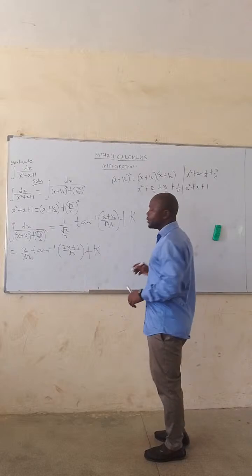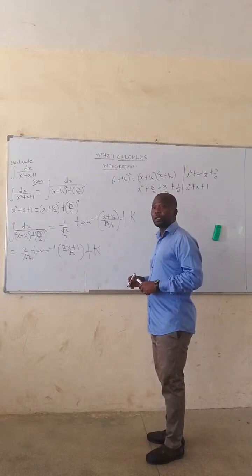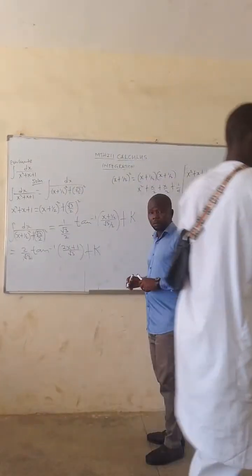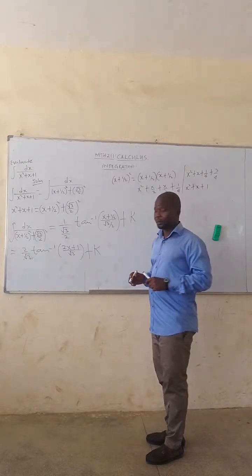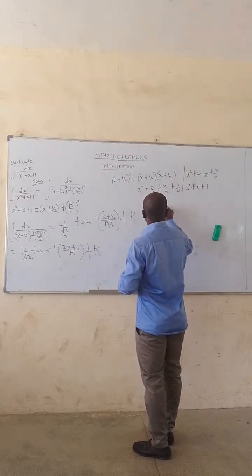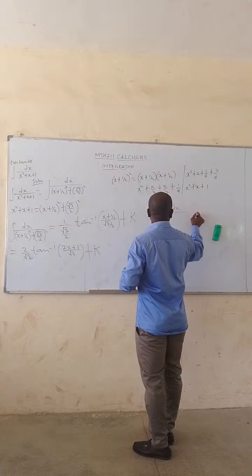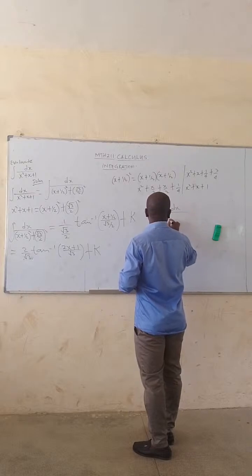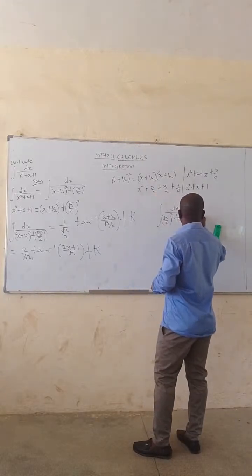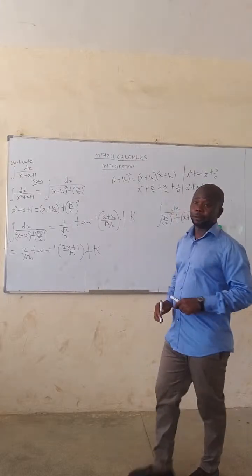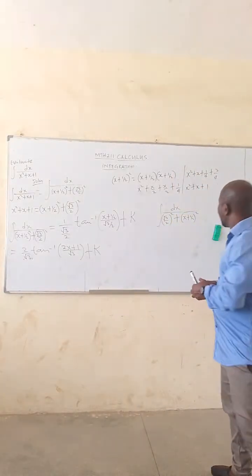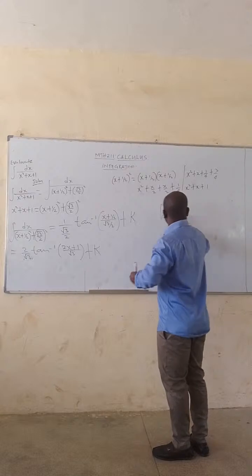To make it more simpler, listen, my friend. Listen. Where are you going? Go. You can write it in this form. Root 3 all over 2. Are you okay now? It's the same thing. Is that clear? It's okay. So let's consider